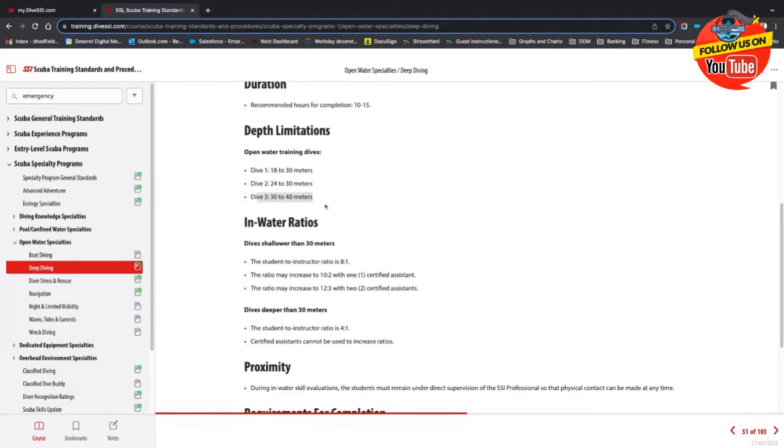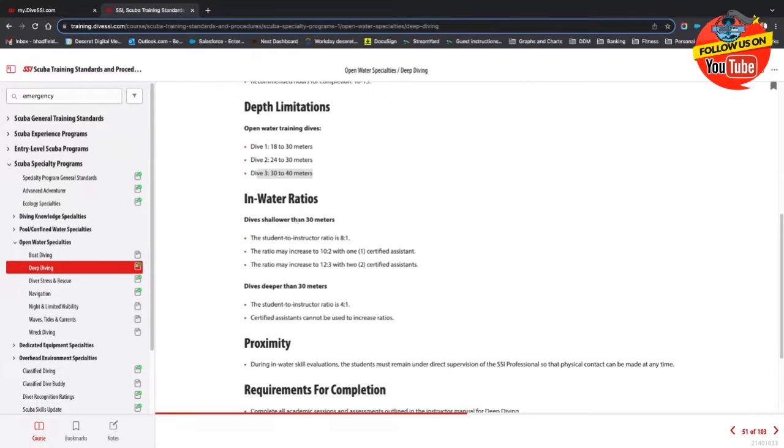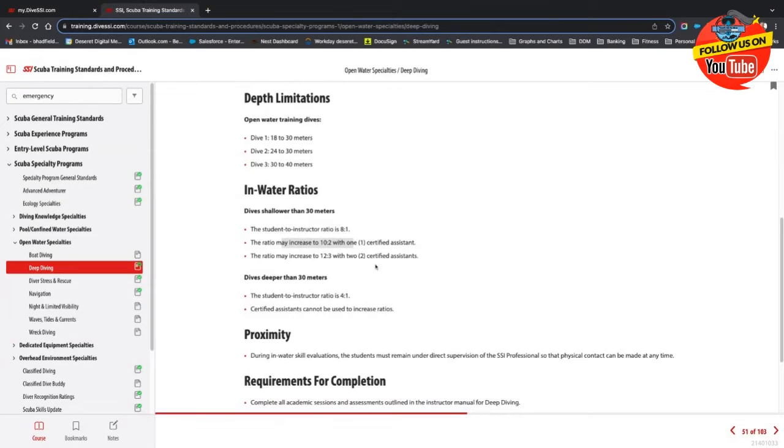Those are my depth limitations. I have now in-water ratios, dive shallower than 30 meters. I can do up to 8-to-1. Ratio can change up to 10-to-2 with 1 certified assistant, 12-to-3 with 2 certified assistants. Now, this is the maximum. I encourage you guys as you go through this process to make sure that you are at least at the